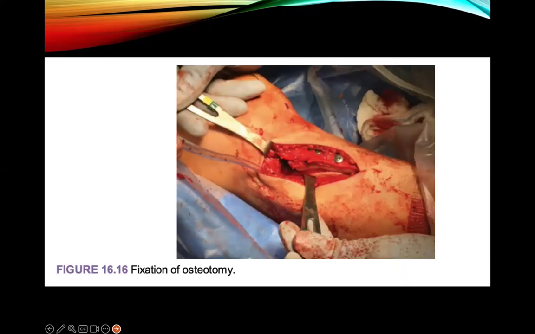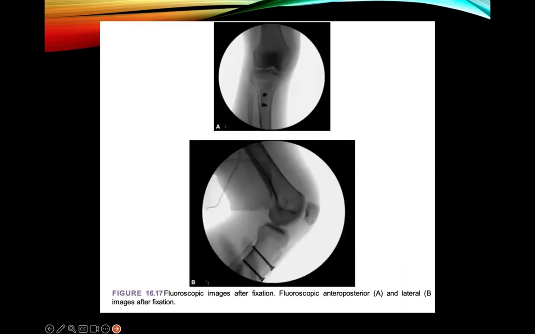You can translate the tibial tubercle 1 centimeter medial and 1 centimeter distal, or however much you want to distalize as per the calculation that I showed before. You have to ensure that the screws are bicortical. You take fluoroscopy images and then check the patellar tracking and the range of motion. So this is the brief overview of how we do a tibial tubercle distalization.